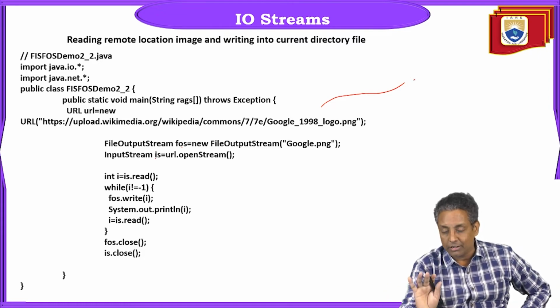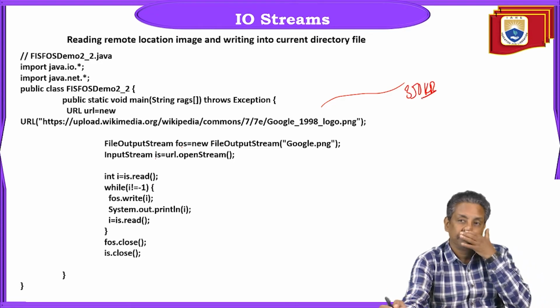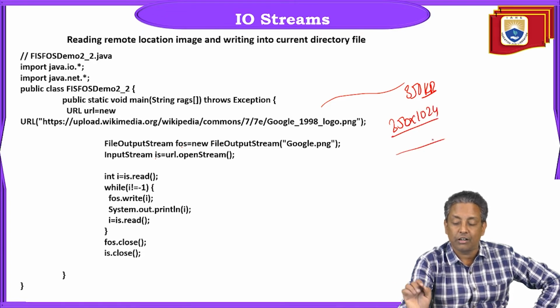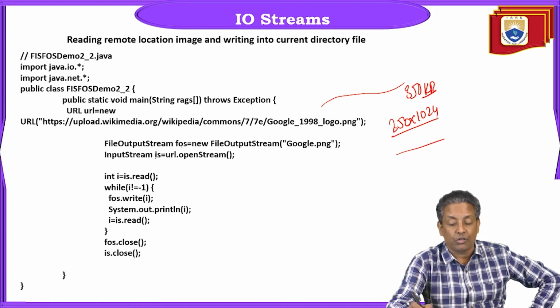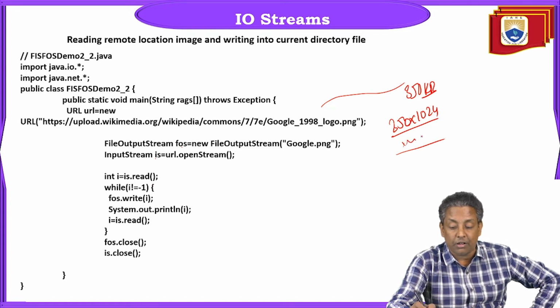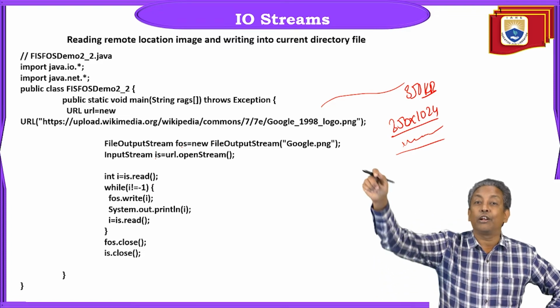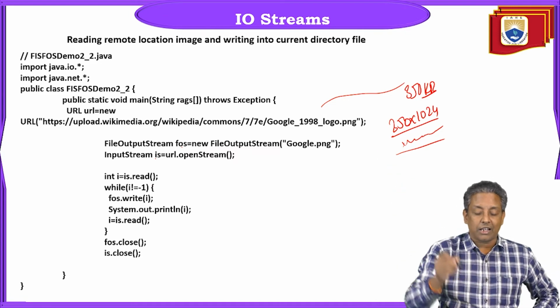For example, let us assume this image is 350 KB. 350 KB means 350 into 1024 bytes. You calculate how much will come. These many characters you need to read